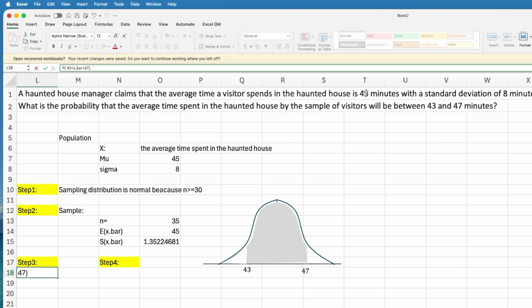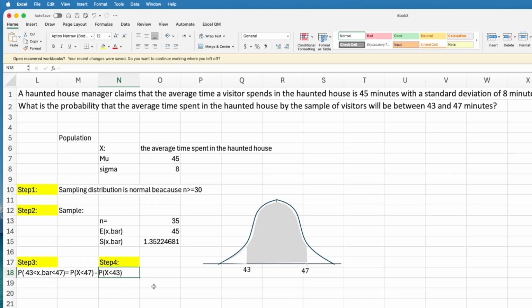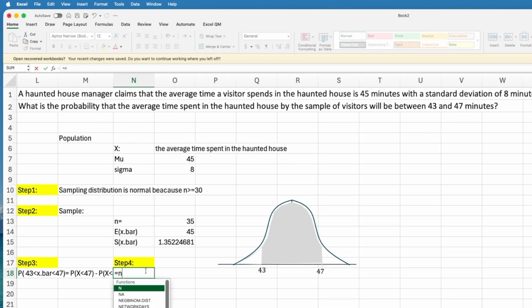So in order to calculate this between area, we need to reconstruct this probability function. So probability of x being within some area is the probability that x is less than the larger number minus the probability that x is less than the smaller number. So this gives me basically this small white area, and the first part gives me the area before 47, the whole left area. So if I subtract this small white area from the whole left area, it gives me the between area. So now I can rewrite the Excel function equals to norm.dist